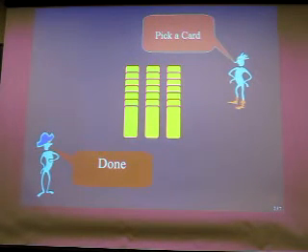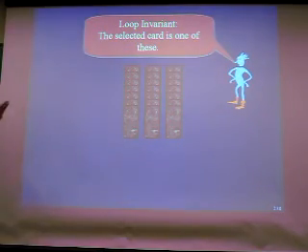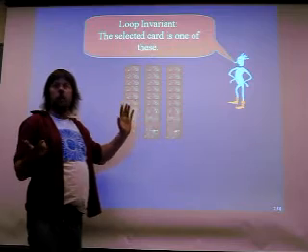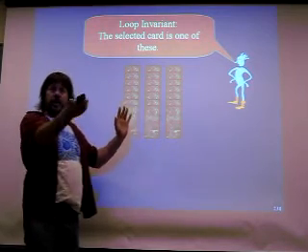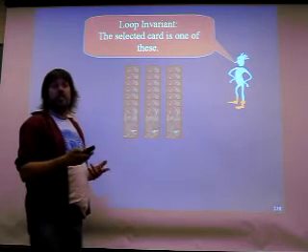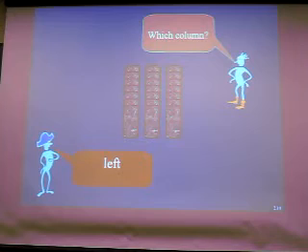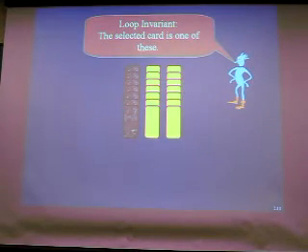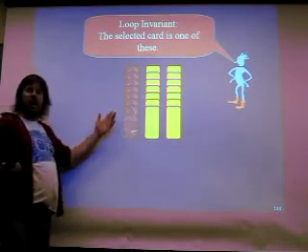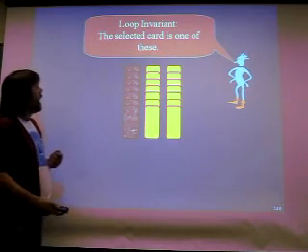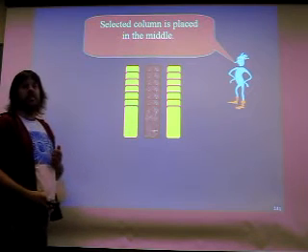All right, so for those who haven't seen it yet, somebody picks a card, and I have a loop invariant. The loop invariant says one of these cards is his card, right? I don't know which one, but one of them is. Everybody with me here? He has a card in mind. All I know is it's one of these cards, right? So I ask him, which column is it in? He tells me it's in the left column, so I now know it's one of these cards. Right? And then I pick up the piles and I lay them out again,